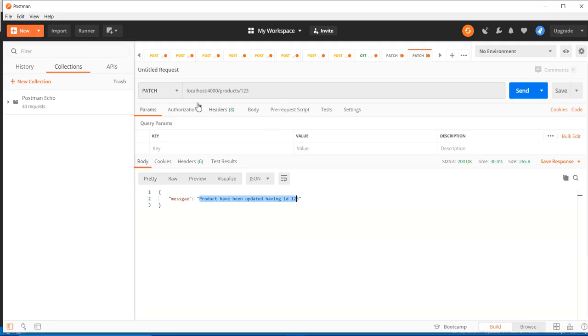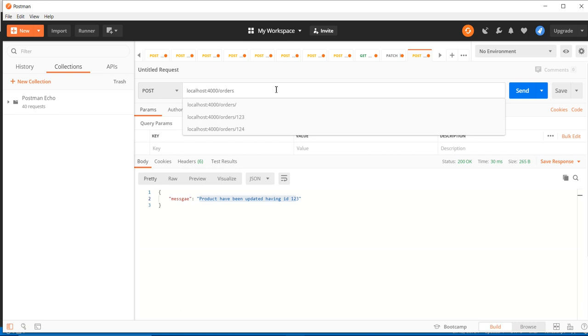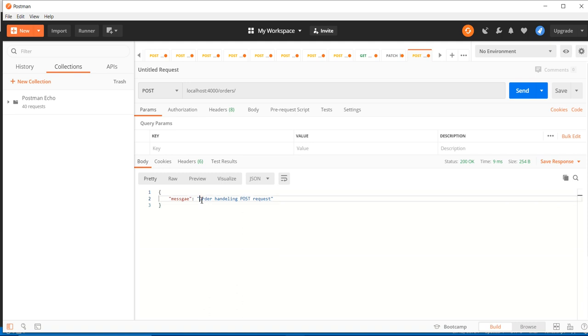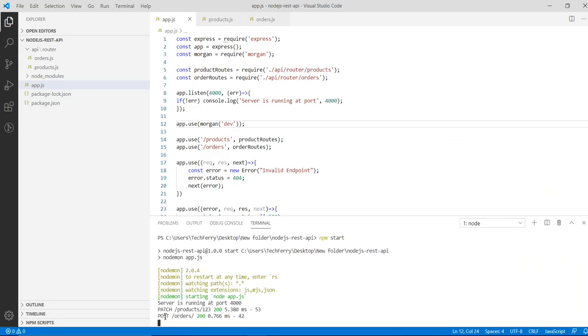Let's verify one more, in the case of post. I'm just writing orders slash. In the case of an orders post request, I got the message that the order is handling the post request, and I can see that someone from the front end tried to access the /orders endpoint with a post request and the server returned a 200 response. So this is really nice in case you want to log something in your application.